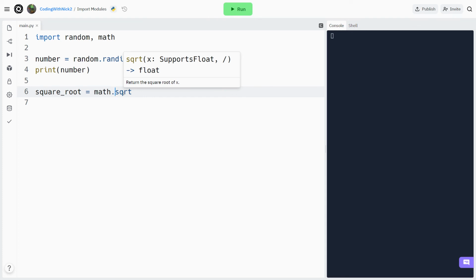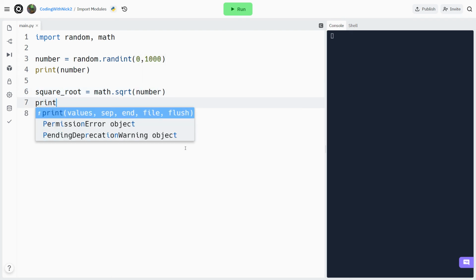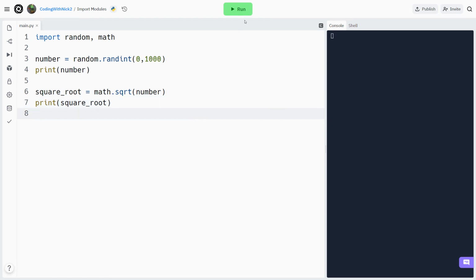If we select it and place the cursor over it, we can read the description of that function, which says that it does exactly what we want. Cool. Square root is equal to math.sqrt parenthesis number. Print square root. That's it. If we hit run, we can see the random number and the square root of it printed. Our program works.